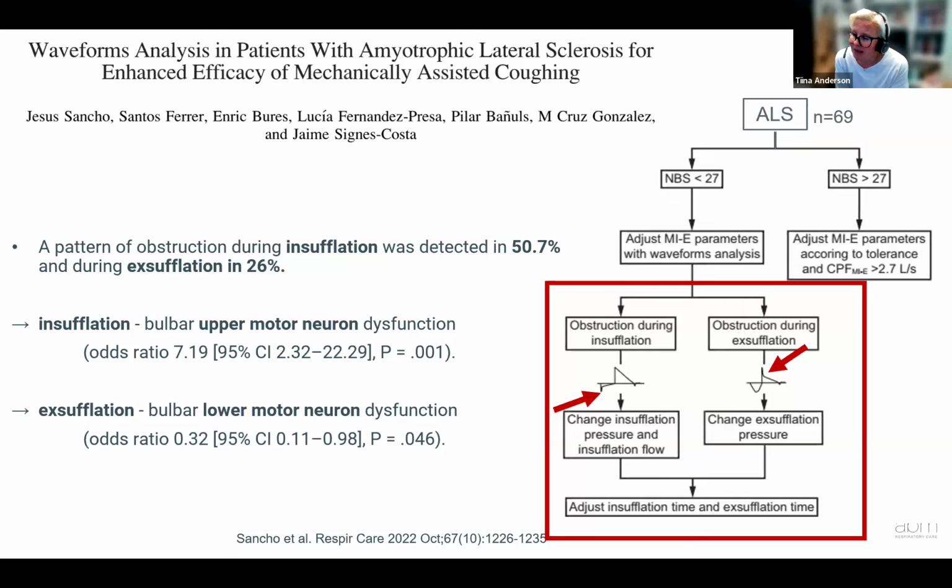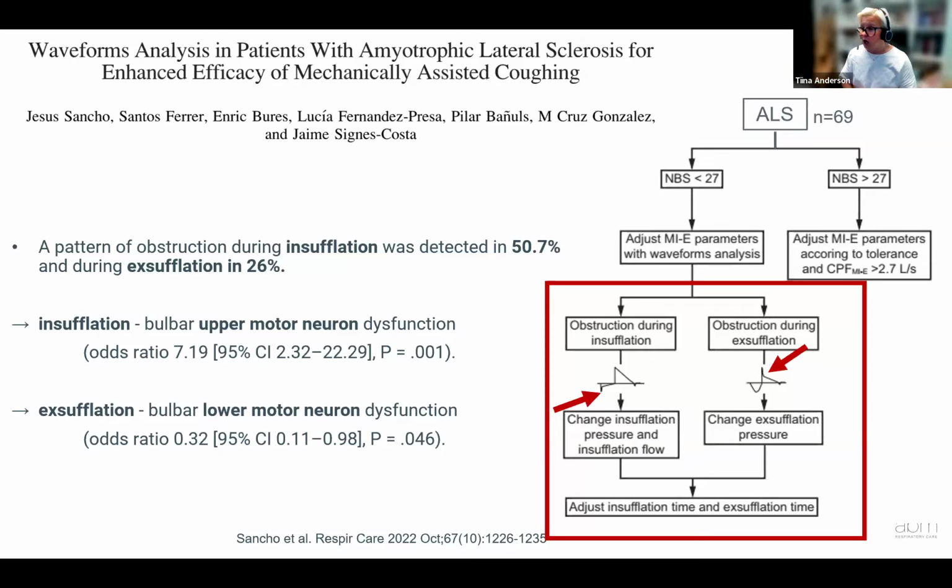And so they had different settings. They examined the flow curves together with pressure curves, to see whether it was a good insufflation, a bad exsufflation, or whatever. And they managed to detect patients who had mainly problems with insufflation and mainly problems with exsufflation. And with their bigger cohort, they managed to link these findings also to whether it was either upper or lower motor